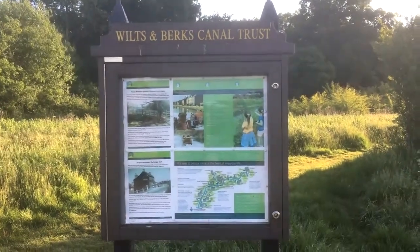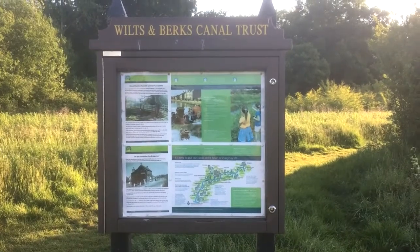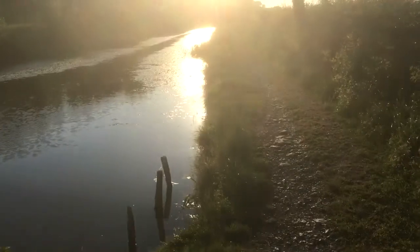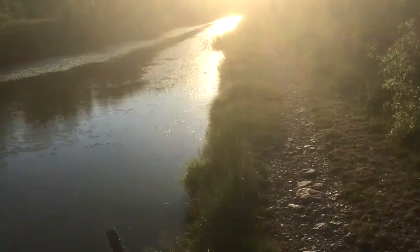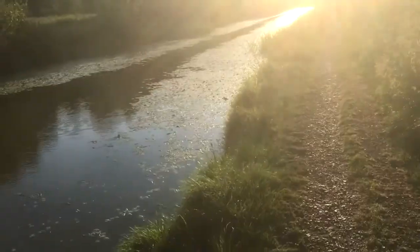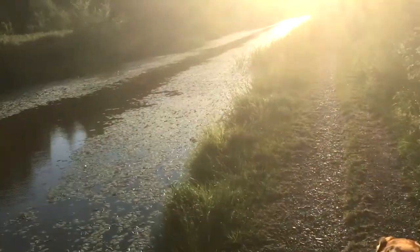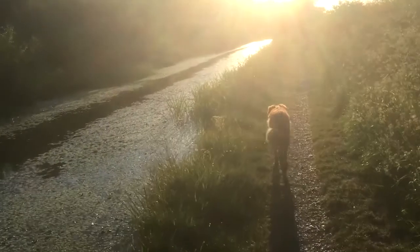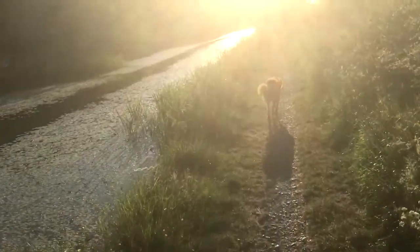The former Wilts and Berks Canal is currently being restored by the Wilts and Berks Canal Trust. We're going to walk along the old tow path. It is early in the morning and I don't have the dogs on lead. This does get very, very busy during the day, so clearly if you're here at another time, then dogs on